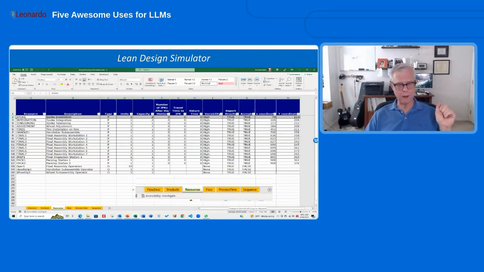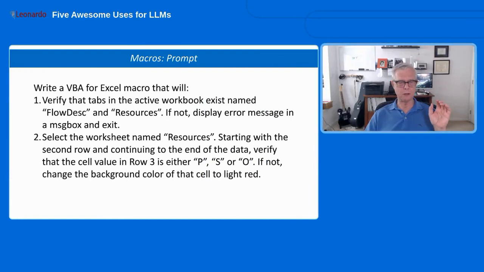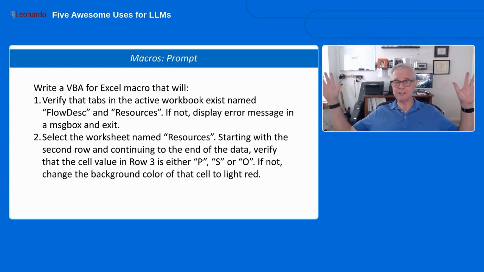So what I did here is, even if you know how to do it, you can always enter a typo or something like that. So we want to check the validity of our model. And so what I did was I had ChatGPT create a series of macros. That's another recommendation. If you get into this, break it down into small pieces. Don't try to get a massive macro that does everything because it'll be very hard to test it and debug it. So here's an example of what I did.